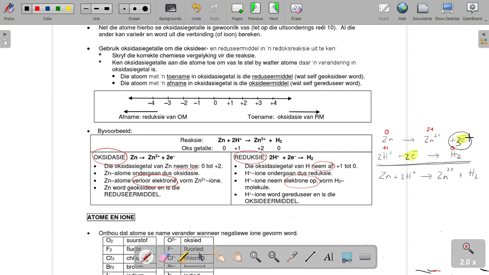Not, and this one was 2 electrons, then you have to find a way to balance those two. So then you would have said this whole thing times by 2 and this whole thing times by 3,